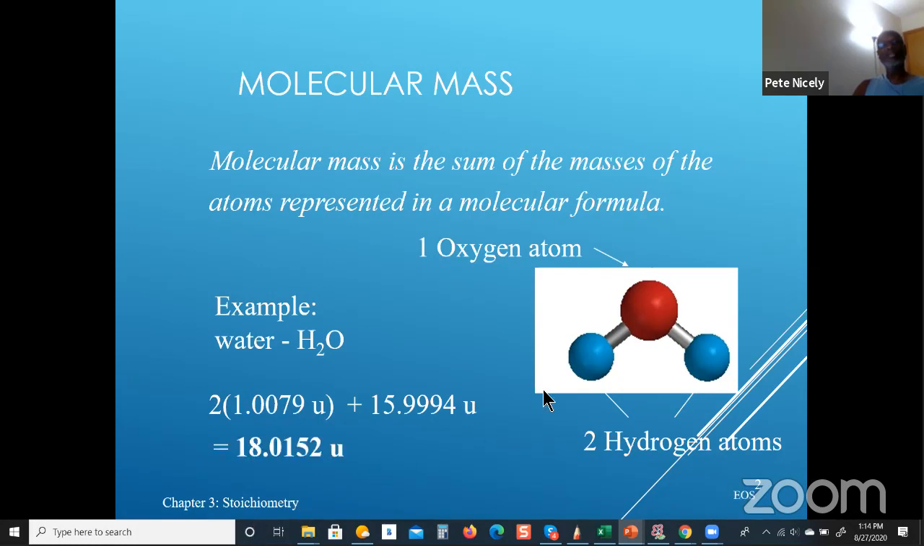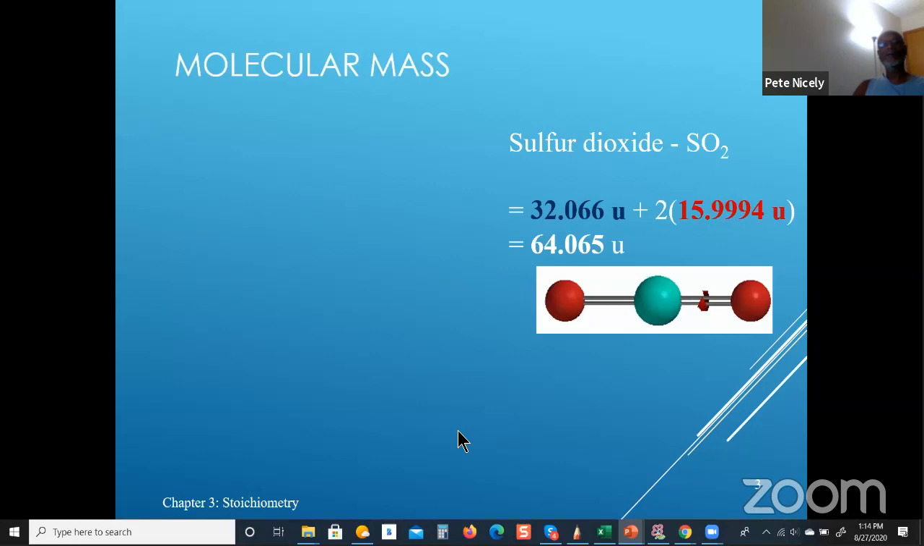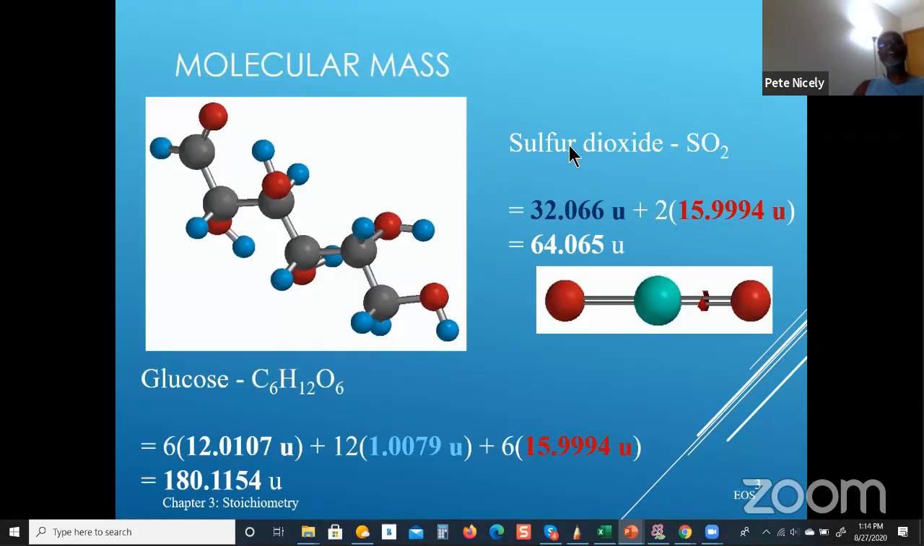And that will give you the molecular mass of the compound. Very simple. And you can do this for small molecules like water and large, humongous molecules, all right? Here are some other examples. Sulfur dioxide, same idea. And then even a larger molecule like glucose, same idea. The only difference is that the numbers will be larger. In the case of glucose, when you add these all up, you're going to get 180